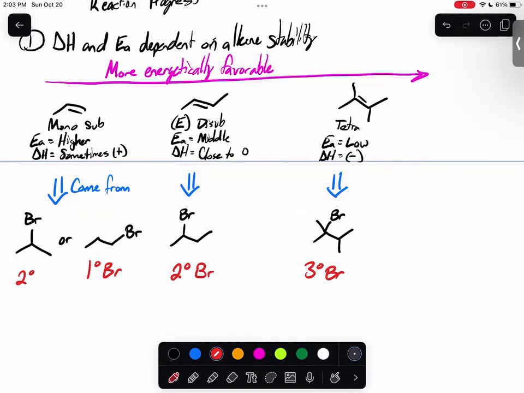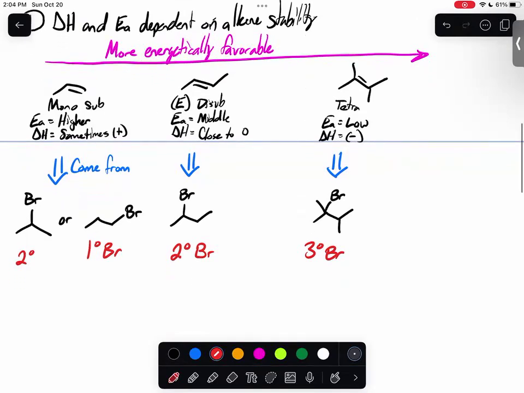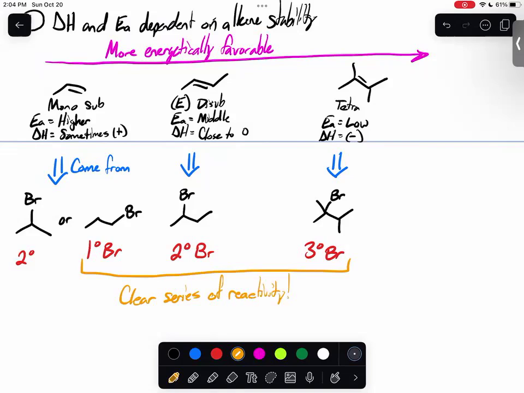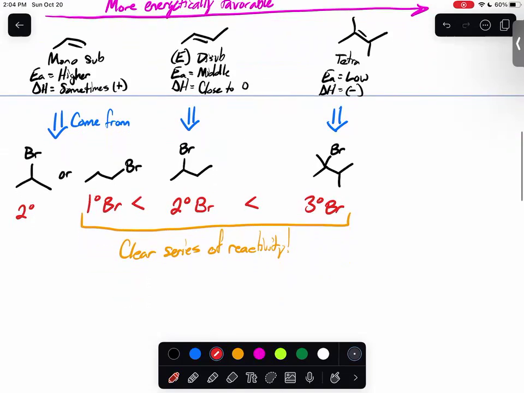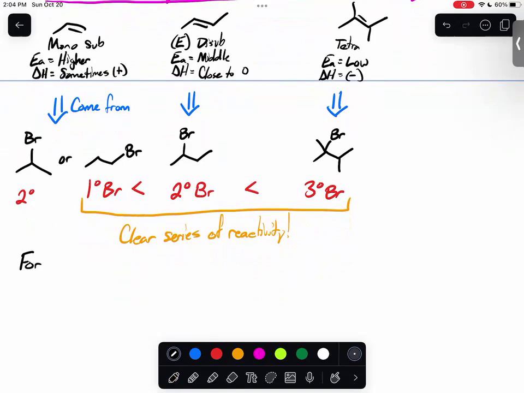Technically, based on this trend, we would say that there is a clear series of reactivity, right? Where we've already defined that the tertiary was better than the secondary, which is better than the primary because of the alkenes that they make. And so essentially what this tells us is that for E2 specifically, it's the opposite of SN2. Tertiary is better than secondary, which is better than primary in terms of our leaving groups. It's the opposite